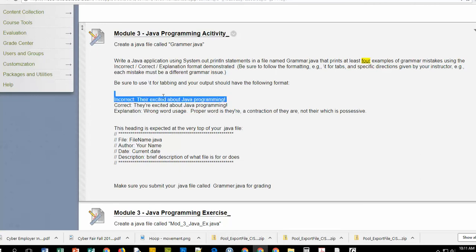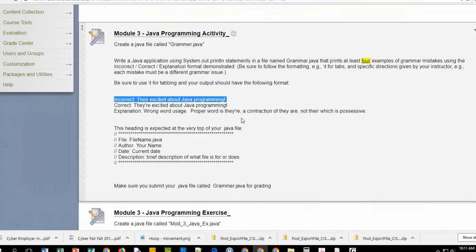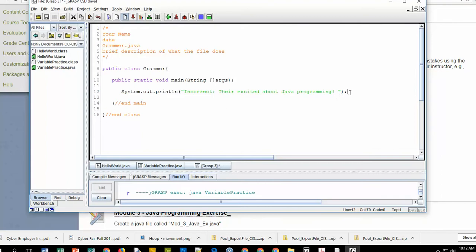So for example, this might be my first output statement. I would do a system.out.println. And what am I going to do? I'm going to display that, and that ends my statement. So I would do 3 statements like that. I'm going to go ahead and do one more just to demonstrate what this is all about. So I'm going to do one more